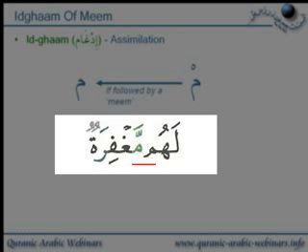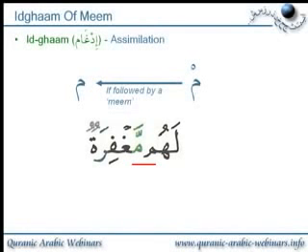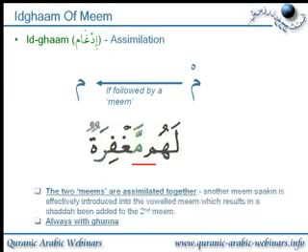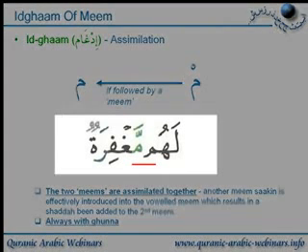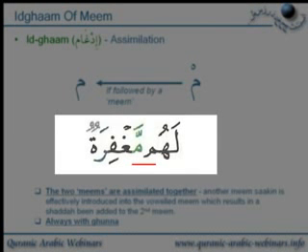They're applying this Idghaam, so they're assimilating the 2 Meems together. A few notes here: the 2 Meems are assimilated together. The Meem Saakin is effectively introduced into the voweled Meem of the next word, which results in a shadda being added to the second Meem, and it's always done with a Ghunna. So what we're saying here is that the second word, maghfira, will normally